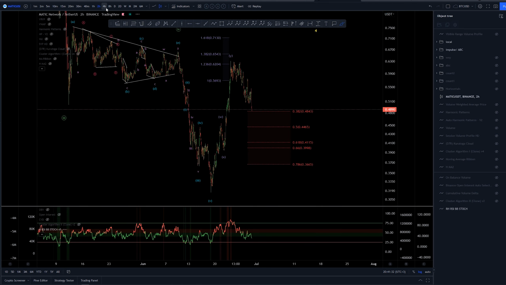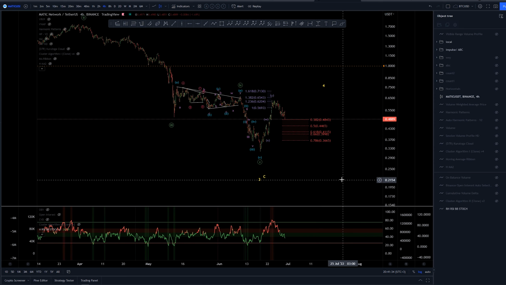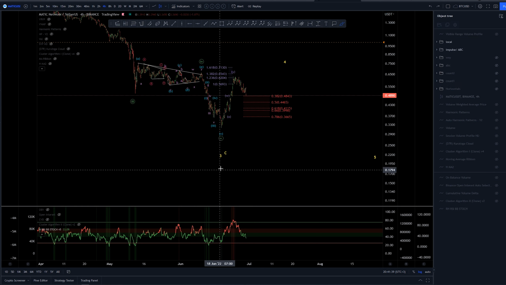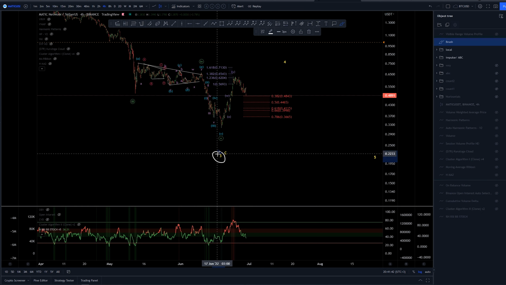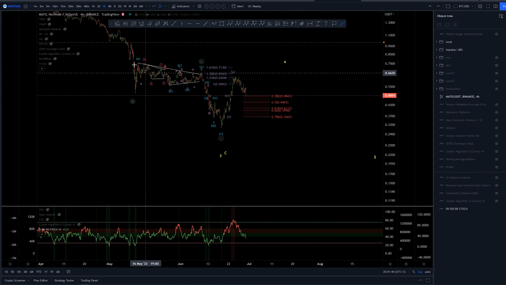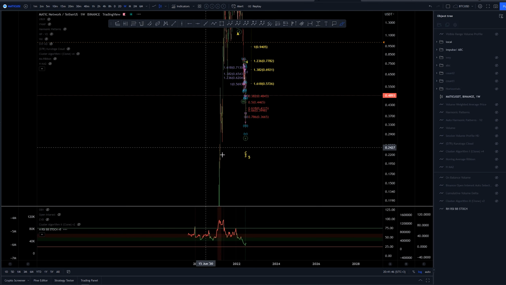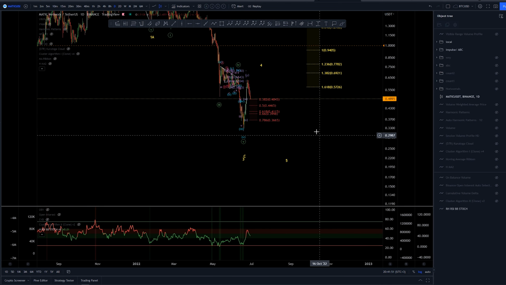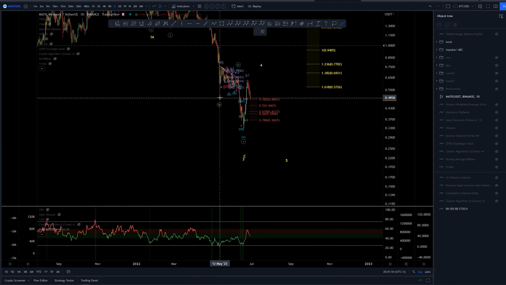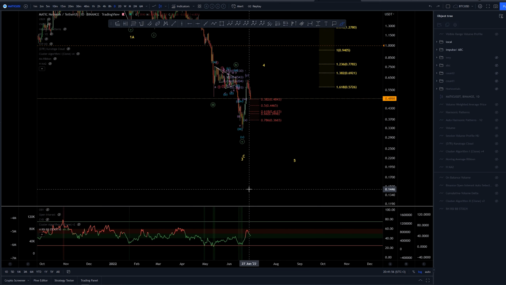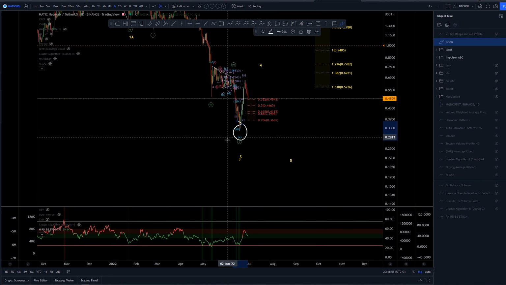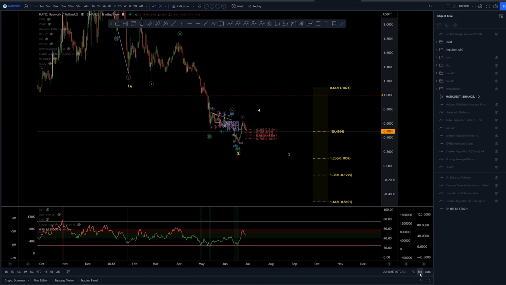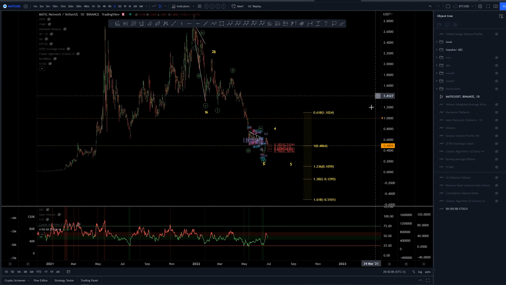Now, what is this structure overall part of? As this was the previous wave 5 ending, if we want to be bearish, we would be looking at this as a third of something. Overall, on higher time frames, we have now created a daily divergence here between the third and the fifth. So it is possible that we have ended something here within this possible A, B, and C. We can see a better structure here on arithmetic scale,